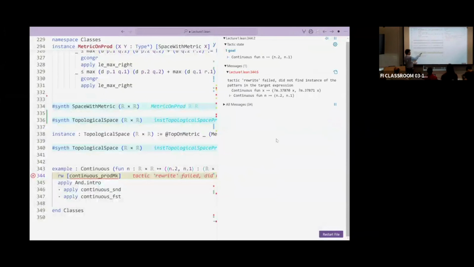I try to rewrite with the continuous prod make. You can imagine what continuous prod make is, and the error message says, rewrite failed because I could not find an instance of the pattern in the following expression. You say, well, yes, of course you can. There is N2 and N1. So I don't know, you can try to be more